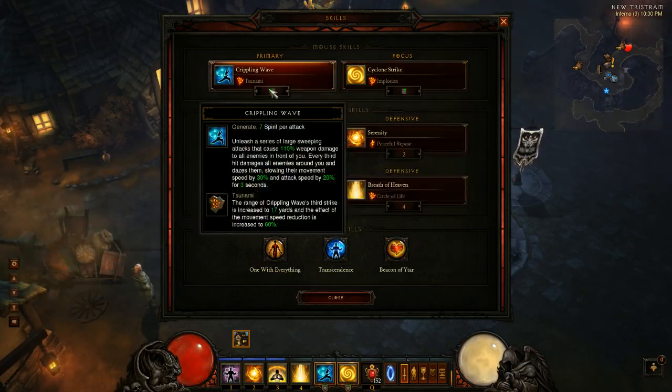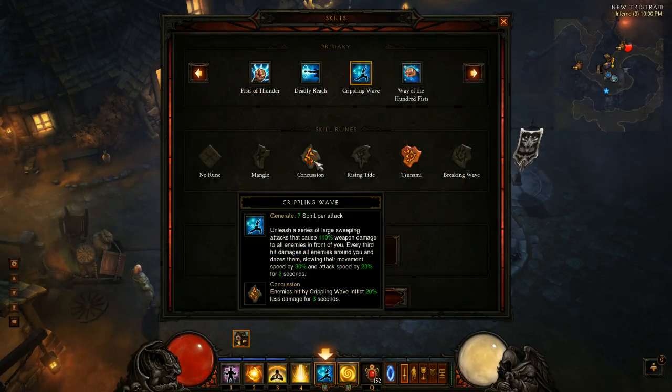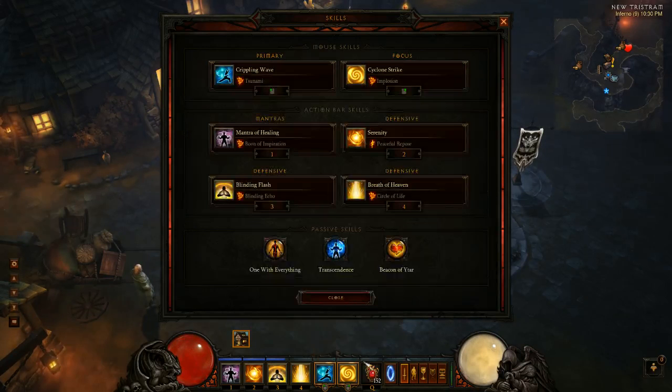So yeah, that's that. My secondary, or my right click, is Cyclone Strike with Implosion, and this is just to pull everything in. The whole point of it is you pull everything in, and then you keep hitting everything with Crippling Wave, and that will slow them down. Like I said, you could swap it out with a different one. I'm using